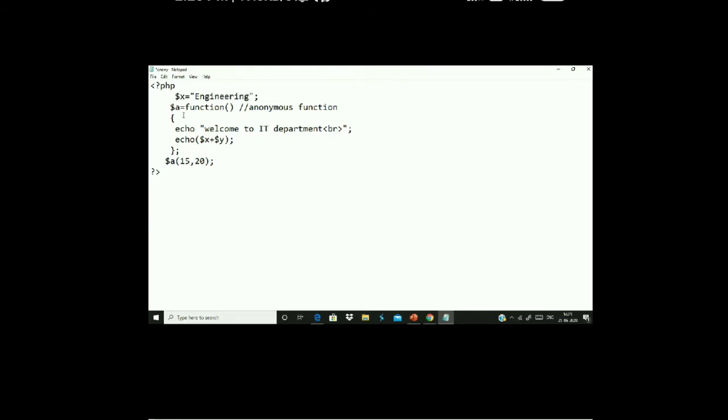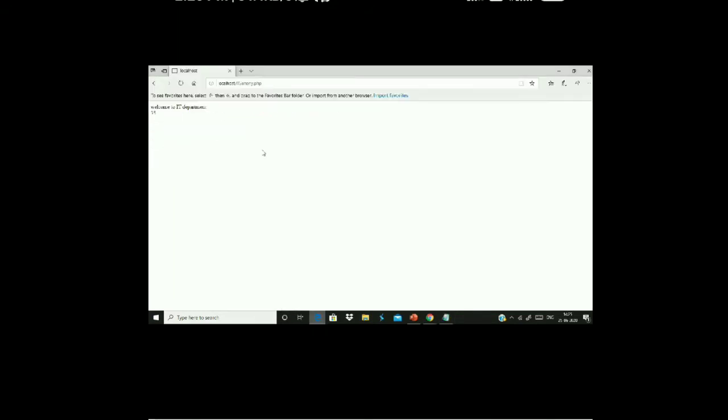So $X is a global variable now, and I try to access this variable inside the function. I write var dump $X, because I want to get the information about it. Since I don't have any argument for the anonymous function, I just make a call like this, $A. Now just run this file. It will throw an error message.